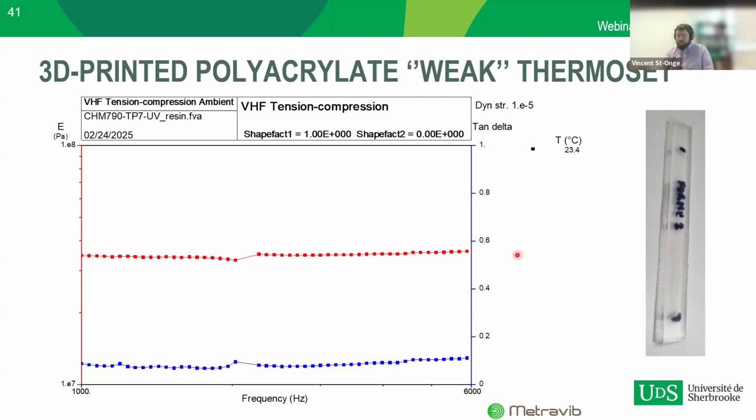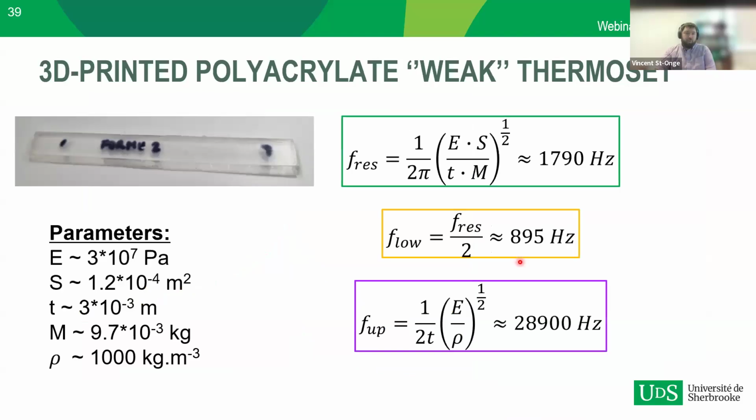Now, maybe one thing I would like to mention, apologize for going back, there's a reason why the VHF TEN4 is not necessarily suited for hard materials like thermosetting resins: very often you end up having a Young modulus of your material which is very high, which will always shift your resonating frequencies towards very high frequencies. And so that makes it more challenging to obtain valid data because often you end up being over 10,000 Hertz